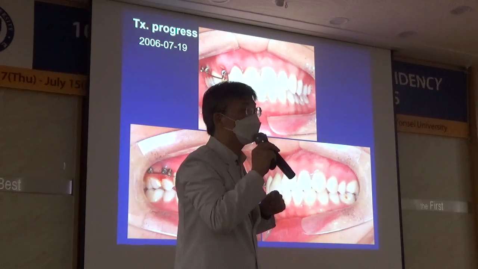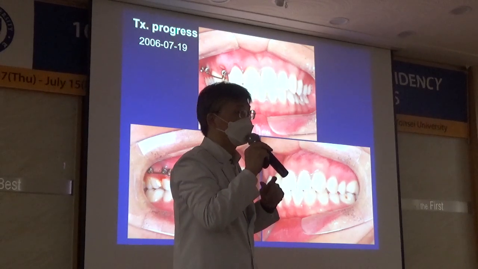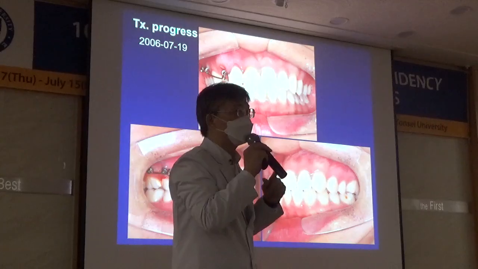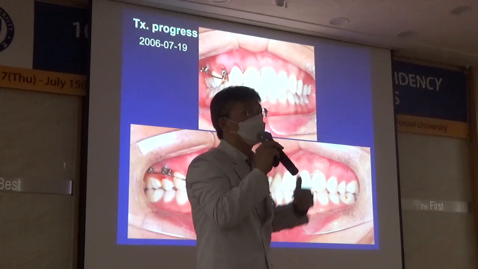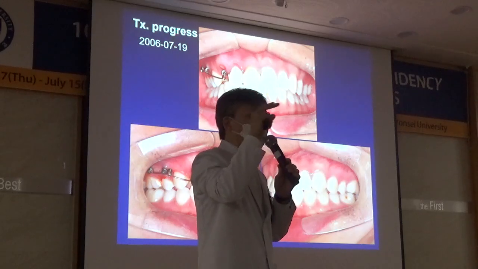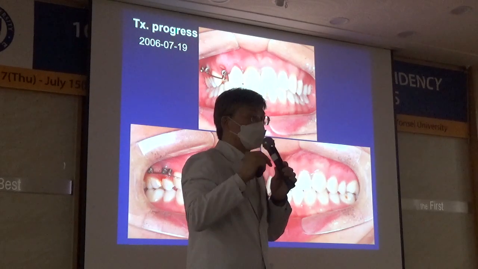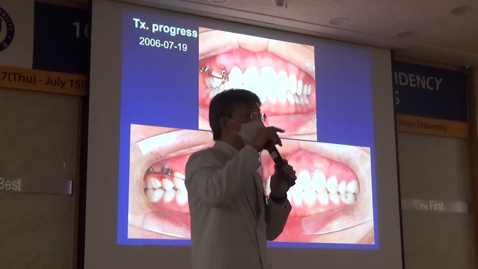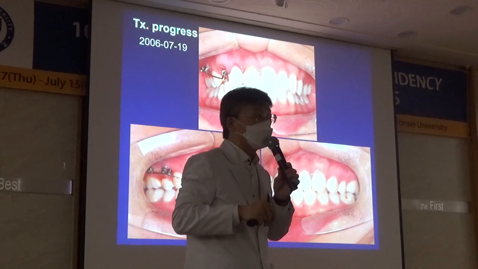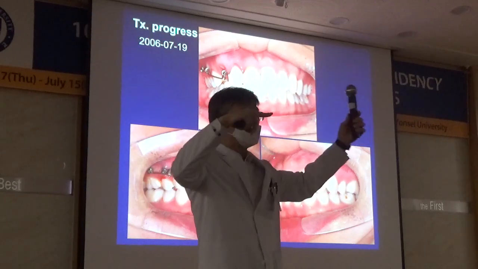That's what we call the law of transmissibility. The force vectors are identical only when they are on the same line of action. Okay? If they are not on the same line of action, they are very different. So what do I mean by different? They will show very different clinical outcomes. This will produce rotation. This will produce translation.